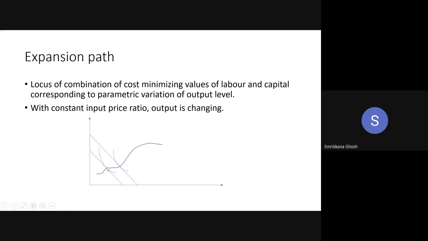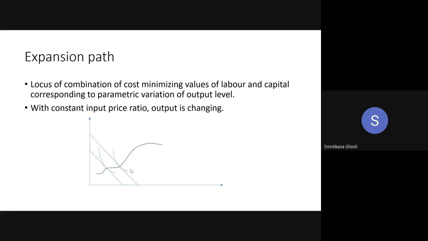Now look, forget about these equilibrium points. Take any point on this lower isoquant. For that point, you have a particular MRPT, the slope. The slope at this particular point is the MRPT. Now take the higher isoquant and try to find the same MRPT along this higher isoquant.